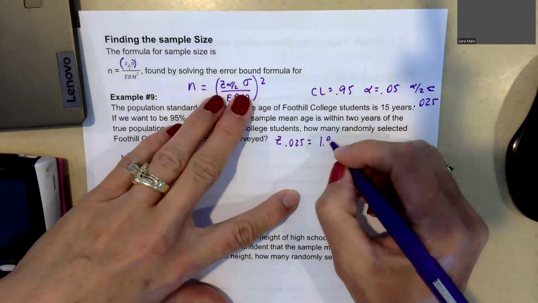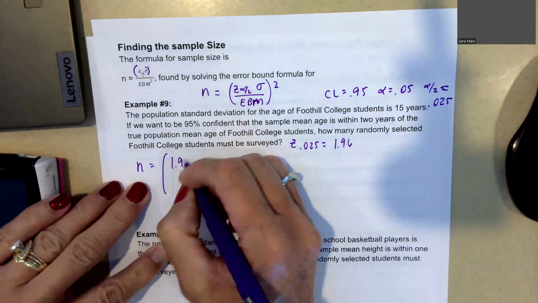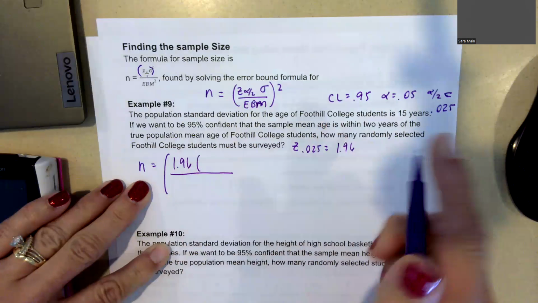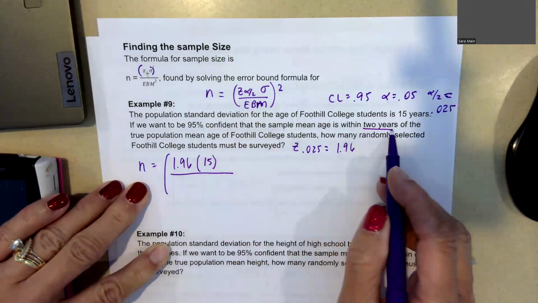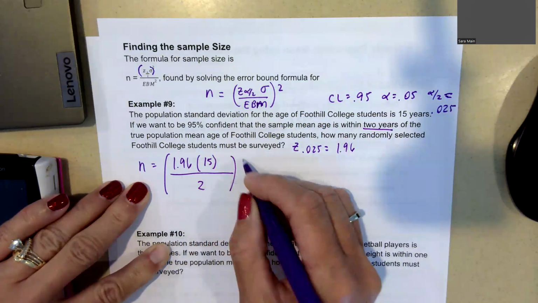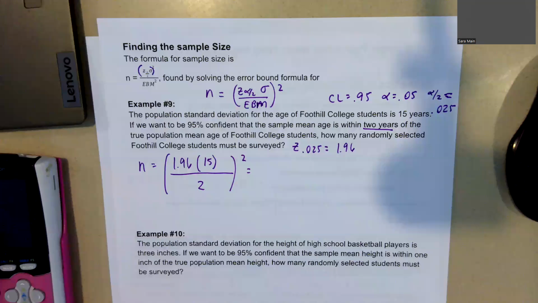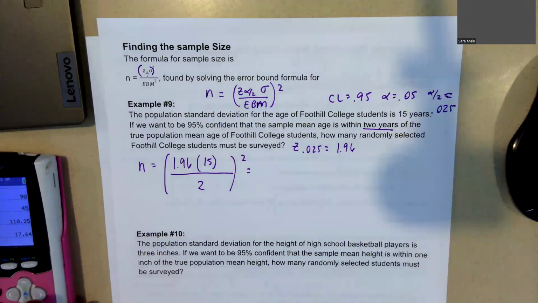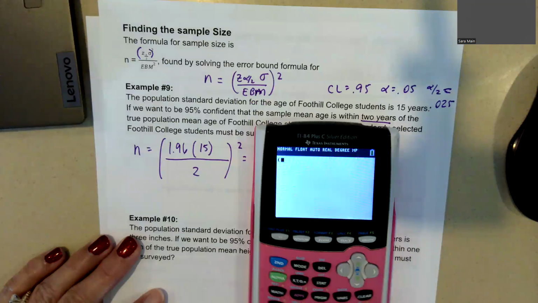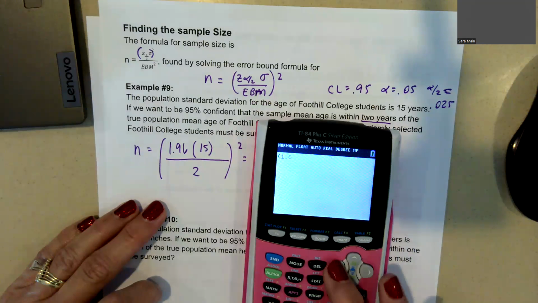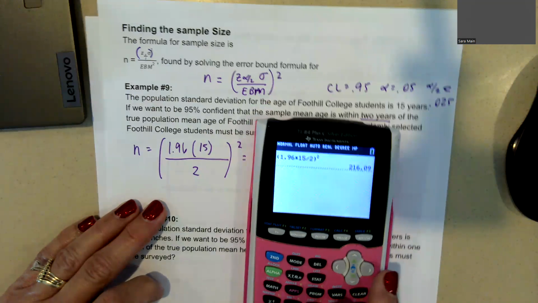So 1.96, and the standard deviation is 15. And then the error bound is within 2 years, it says. And we have to square that. So we're going to do parentheses 1.96 times 15 divided by 2, parentheses, and square that, and we get